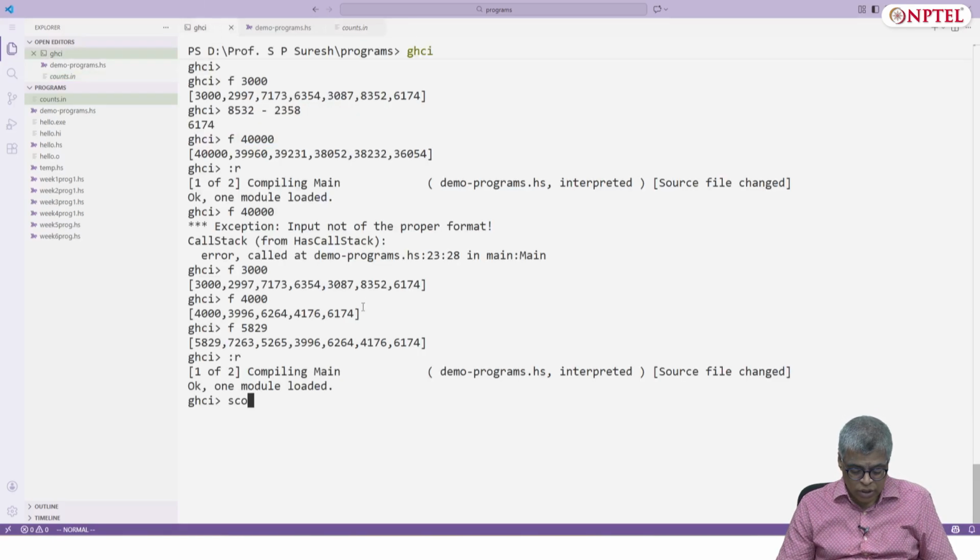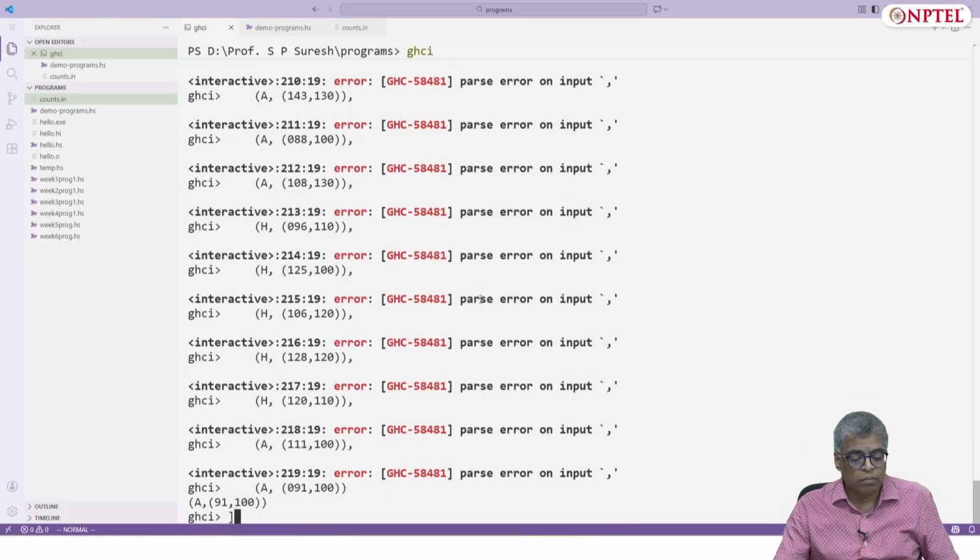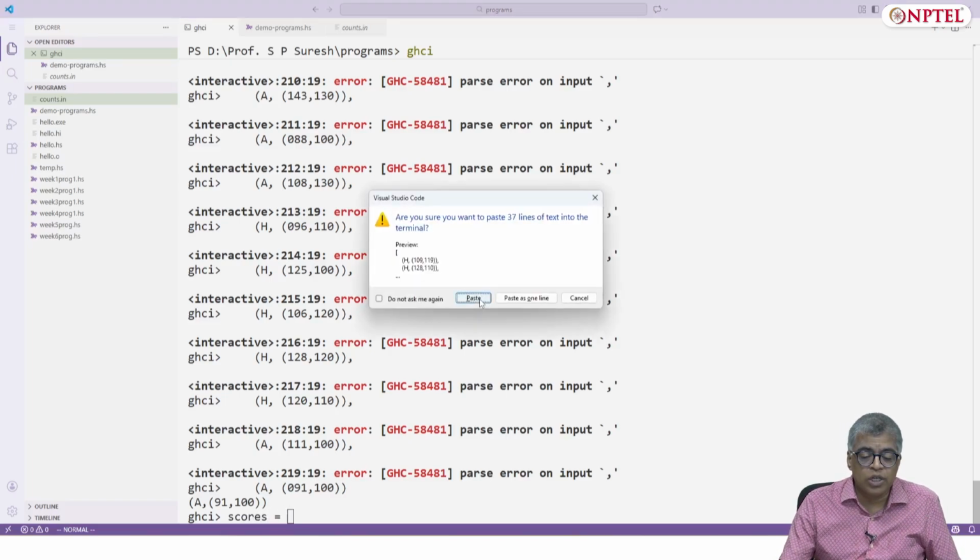I'll say scores equals, paste as one line.